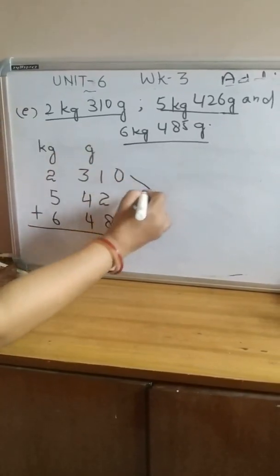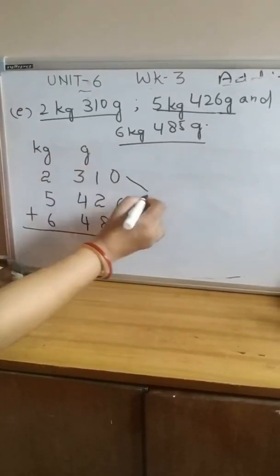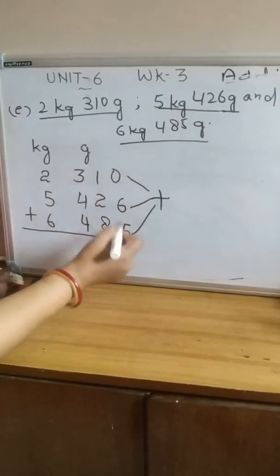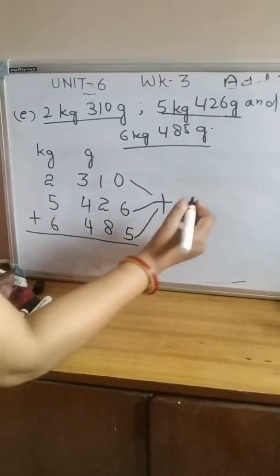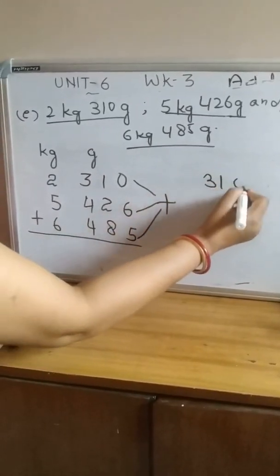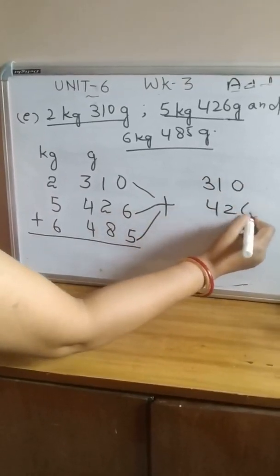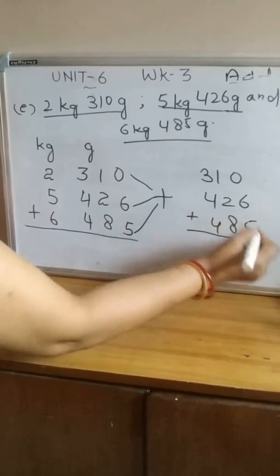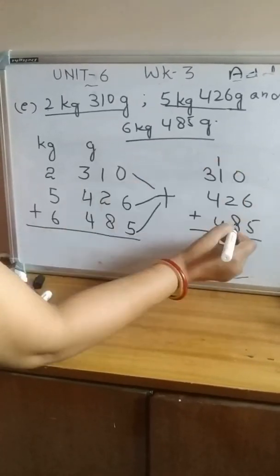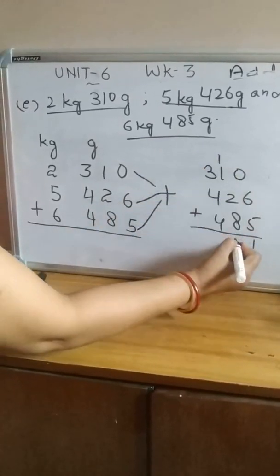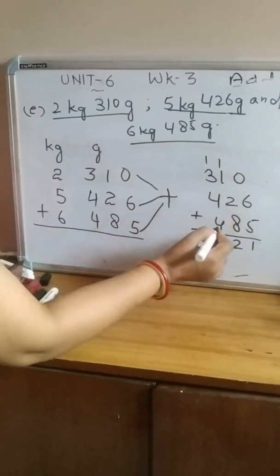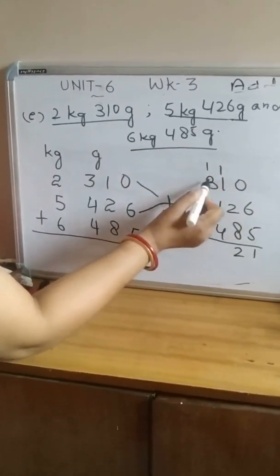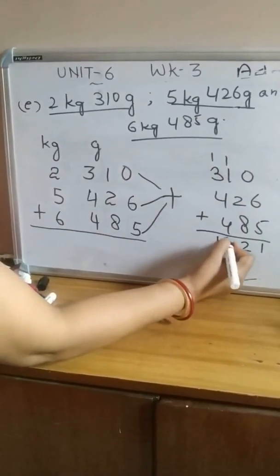First step, what will we do? We will add these 3. Firstly we add the gram column: 310, 426, 485. Now let's do the addition. 6 plus 5, 11, 1 carry over. 8 plus 2 is 10, 11, 12, 2, 1 carry over. 4, 4, 8, 8, and 4 is 12. So it is